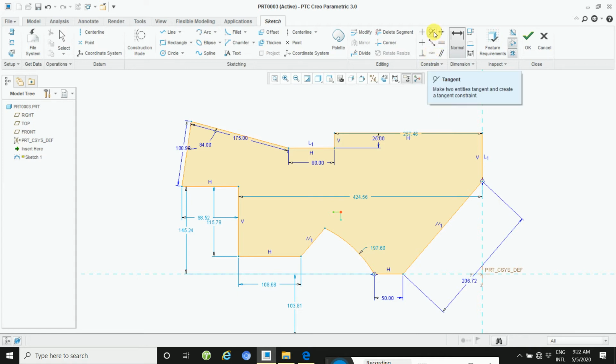How to tangent? So tangent is applied. First you click here, tangent. Make two entities tangent and create a tangent constraint. So how to take a tangent? First you will activate this tangent, and then click first line, then select control, then select this line.